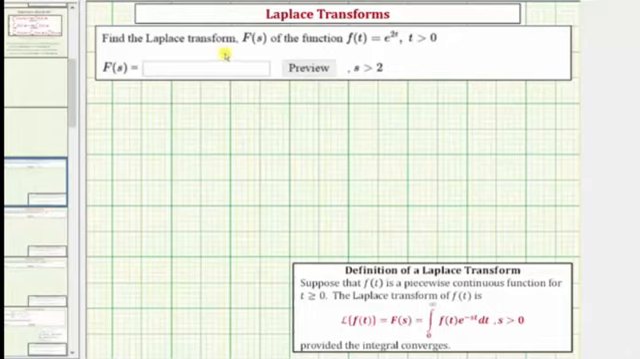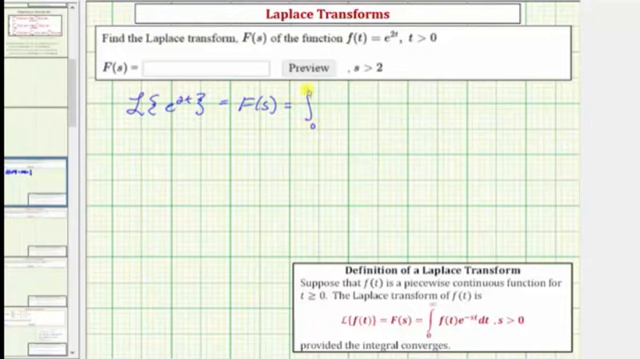We're asked to find the Laplace transform, which is a big F of s, of the function f of t equals e raised to the power of 2t. So applying the definition below, we have the Laplace transform of e raised to the power of 2t equals big F of s, which equals the integral from 0 to